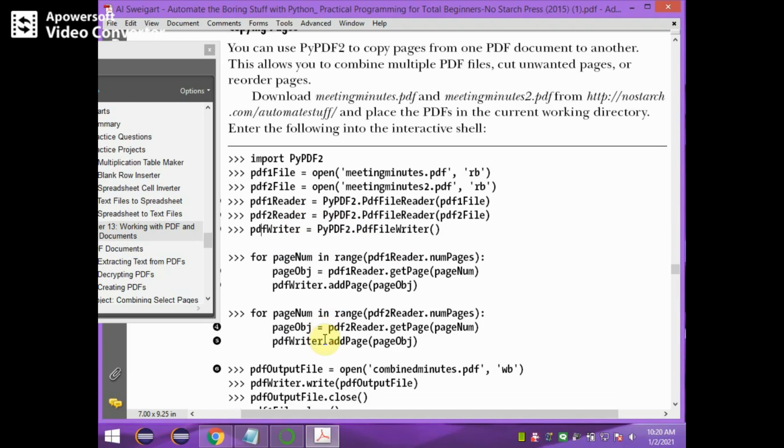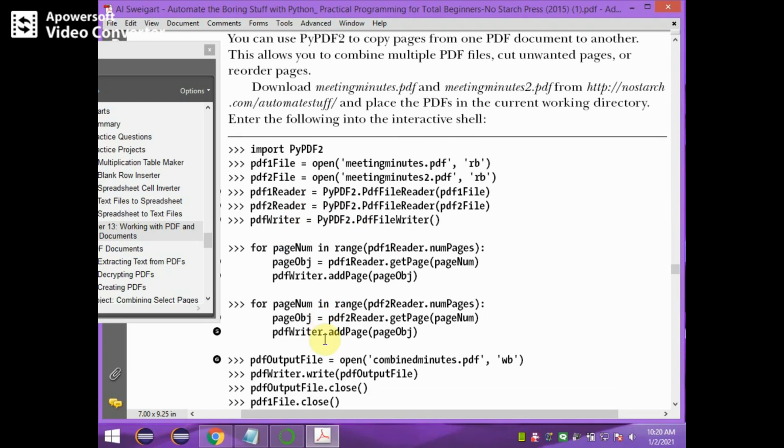Okay, now the PDF writer is an object which has the copied pages. Now that copied page needs to be saved permanently. To save it permanently in the PDF file, you have to open combined minutes.pdf in the WB mode, and then write to the PDF output file the content whatever you have in the PDF writer object.